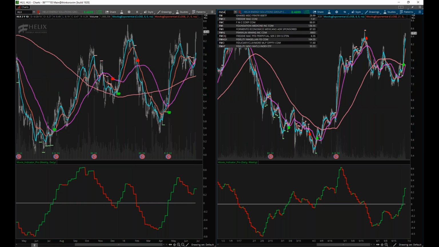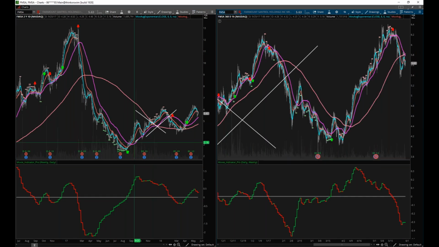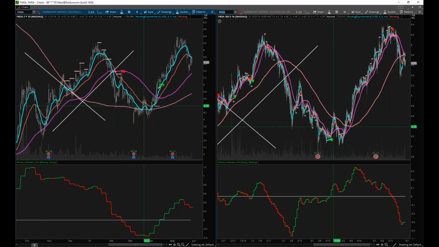FMSA was one. Look at this, same thing. To begin with, we had the daily 50 trending up, but we had the 200 trending down. They're going in opposite directions. So even though price was able to run for a while, it eventually got yanked back down because it wasn't being supported by the overall trend as noted by the daily 200. So it came back down to the daily 200 and found its support. And then look here, where price was able to bounce off the 200 and cross over the 50, is when this thing started its new trend.